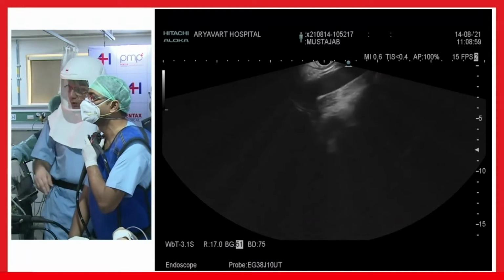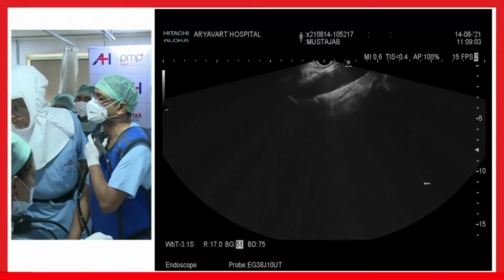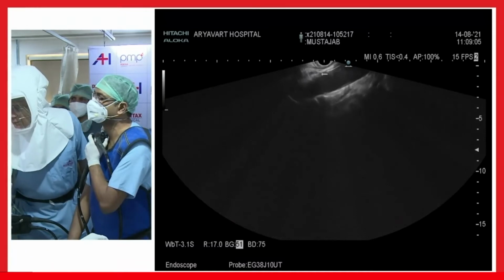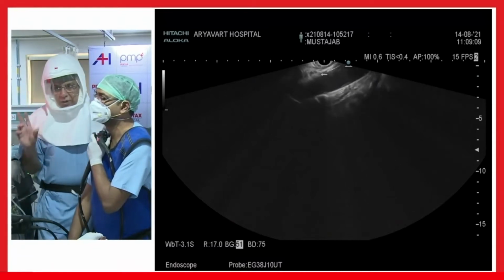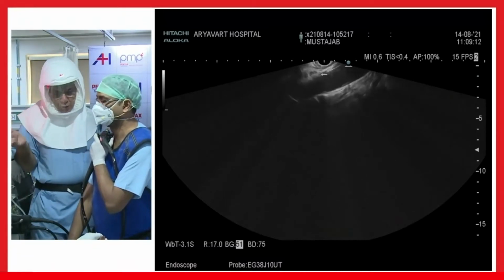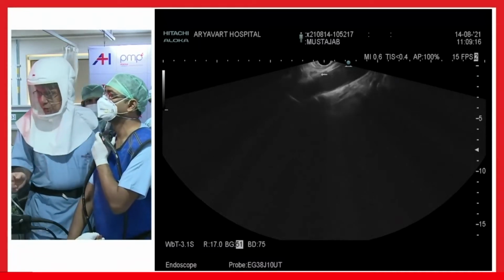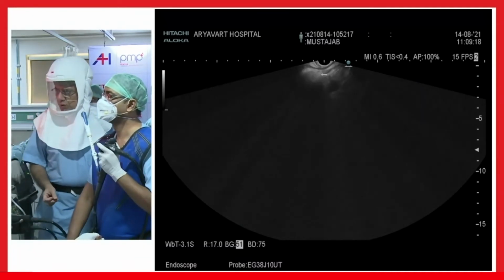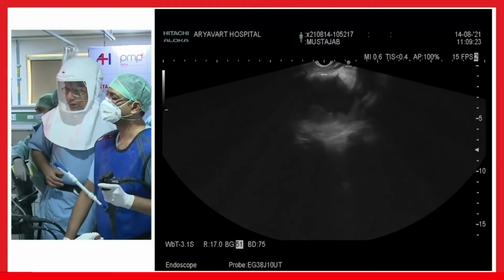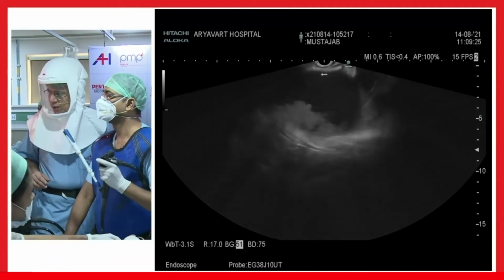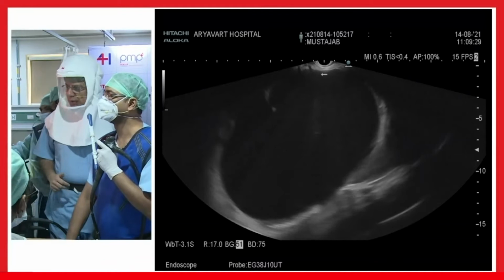Because right now, when I rotate it, I am seeing the crux of the diaphragm here. The crux of the diaphragm is posterior, though this cyst is anterior and lower, but this is one of the tricks. I want to rotate more to see if there is liver and all this. Second thing, would you like to puncture a little more inside, or do you feel comfortable with the side? I'm comfortable with it. But this is one trick that I found.